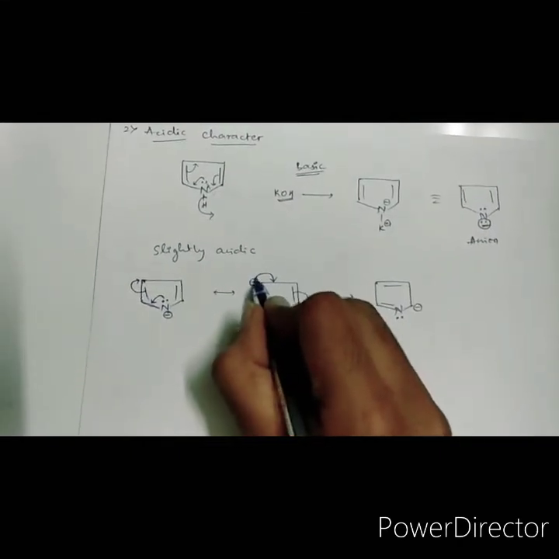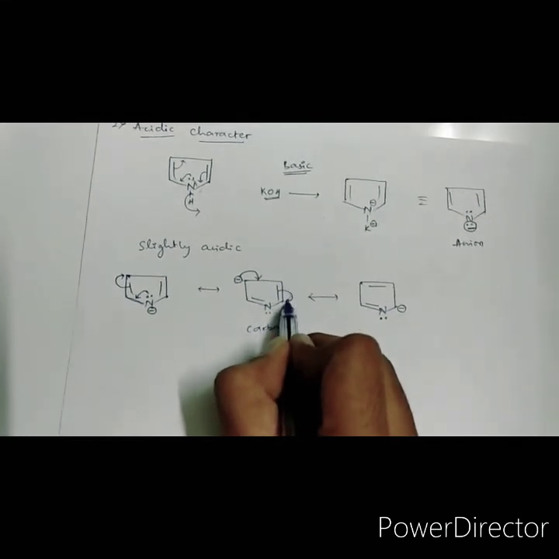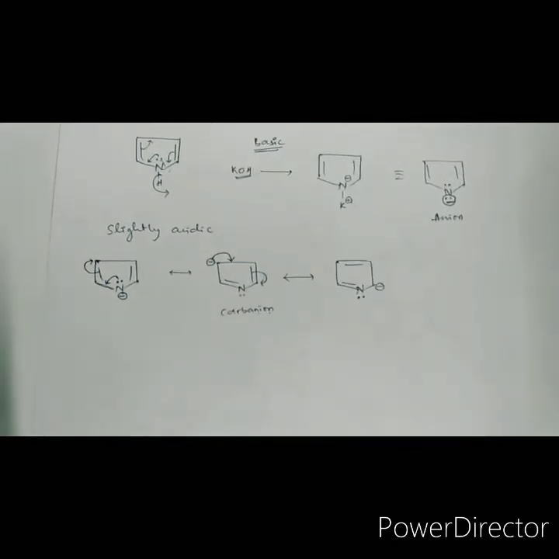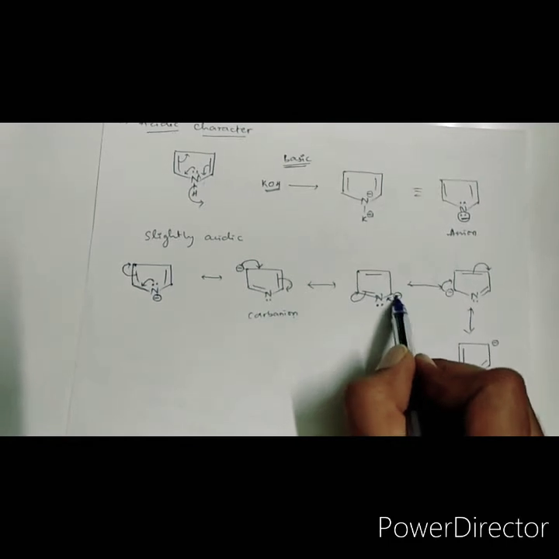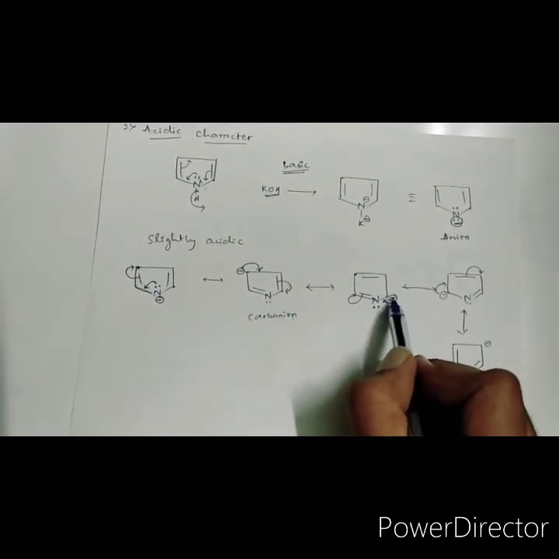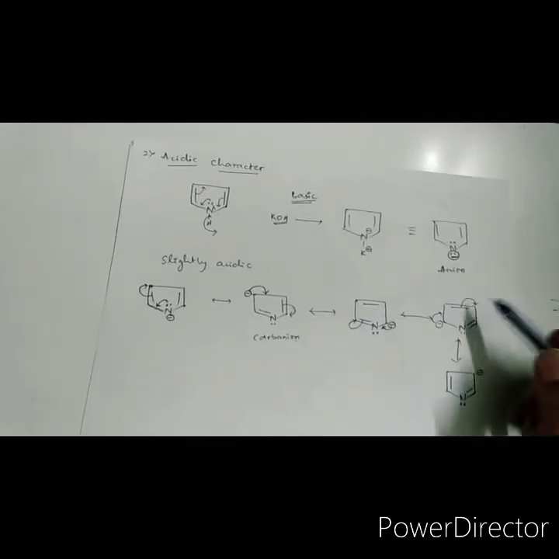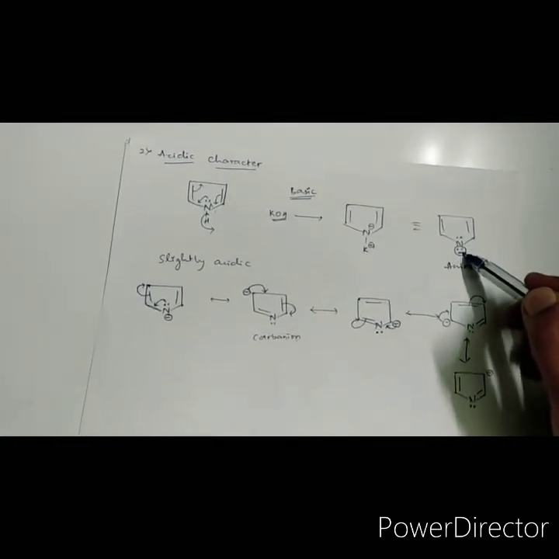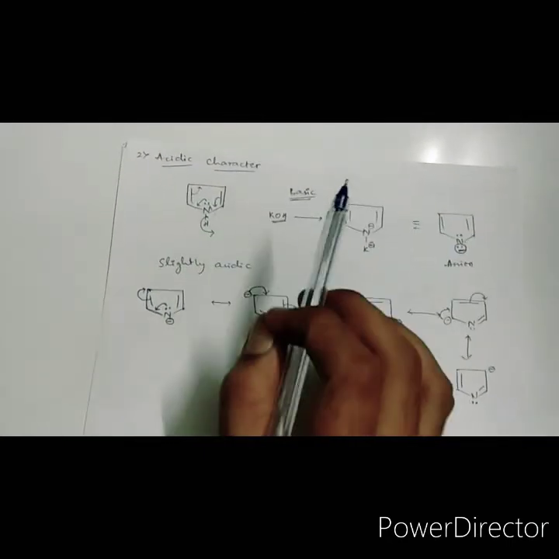Now this carbanion again tries to stabilize itself by delocalization of pi electrons. Again the adjacent pi bonds are displaced and there is a formation of a new carbon-carbon double bond. So here are the other two resonating structures wherein the negative charge is being displaced to the adjacent carbons and nitrogen and the pi bonds are being delocalized. So these are different resonating structures that help in stabilization of this anion. Because of this stabilization or delocalization of the anion, the pyrrole is slightly acidic in nature.